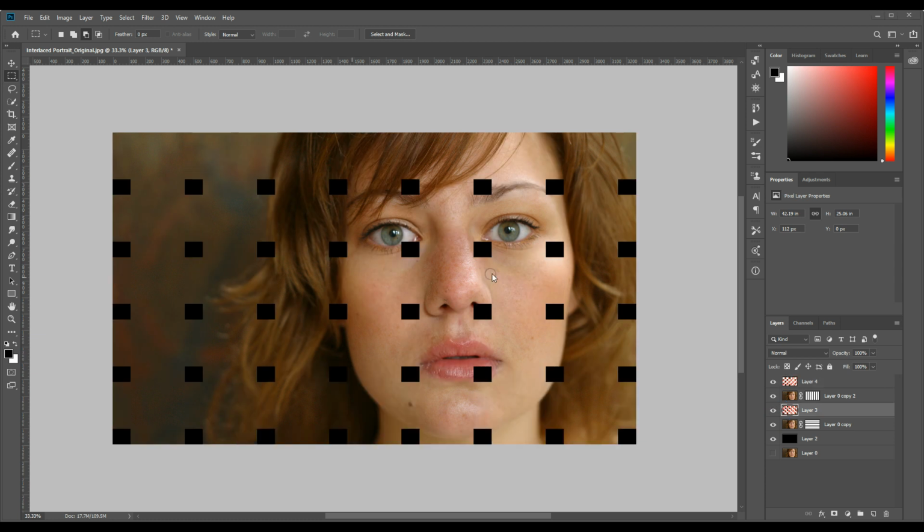Once you have these two layers, layer 3 and layer 4, now you have to clip these two layers to their respective layers underneath. So press Alt and go to this layer, layer 3, and when you see this arrow, just click the left mouse. Same goes for layer 4, just press Alt on the keyboard, and when you see this arrow, just click the mouse. So now what we are going to do, we are going to add some glow to these two layers,